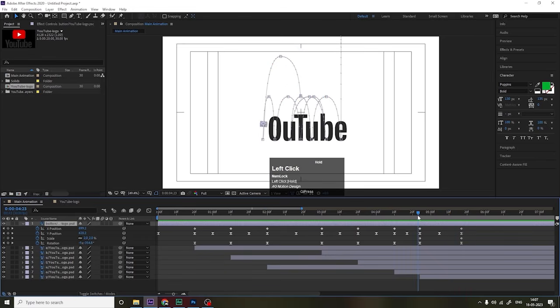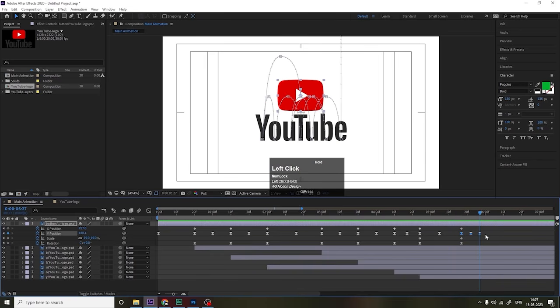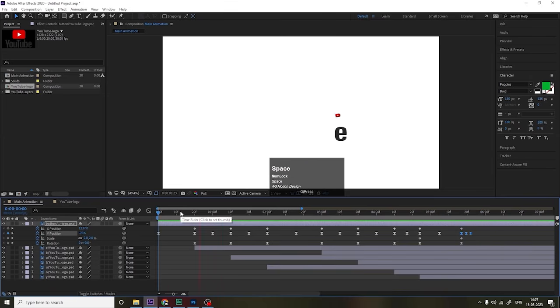Now after that, if you see, this is just a plain animation, so I want a little bit of bounciness over here. So for that, at this point when this touches the ground, I'll go a few frames forward and I'll create one keyframe at Y position again, and in the middle of that I'll simply bring this a little bit upward, so I'll get this kind of little bit of bounciness. Or you can simply select those keyframes and by holding Alt you can adjust it like this. Okay, so if you hit play now, I'll get this